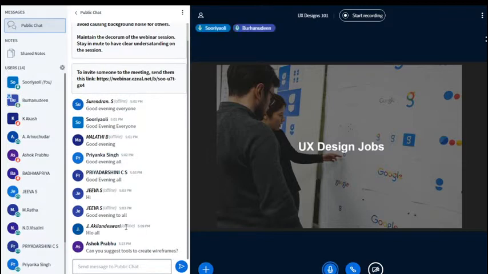Yes, you have seen the question. So regarding the tools to create wireframes, it's based on the platform you are using. If you are using a Macintosh, you can go with Sketch, or Figma, which is widely used. It just needs a browser. I'll put it in the notes while I'm sharing this slide deck also.